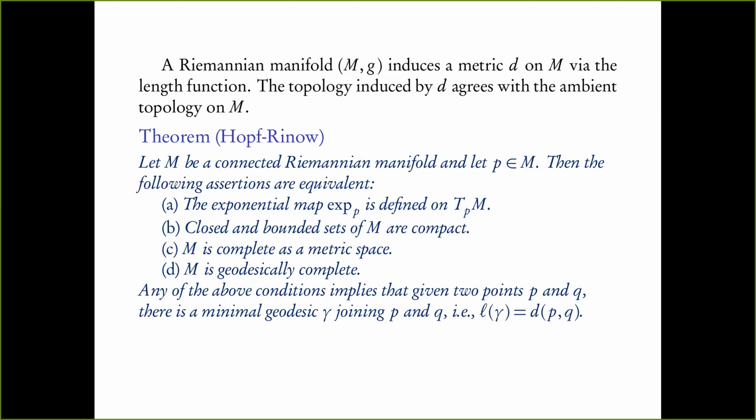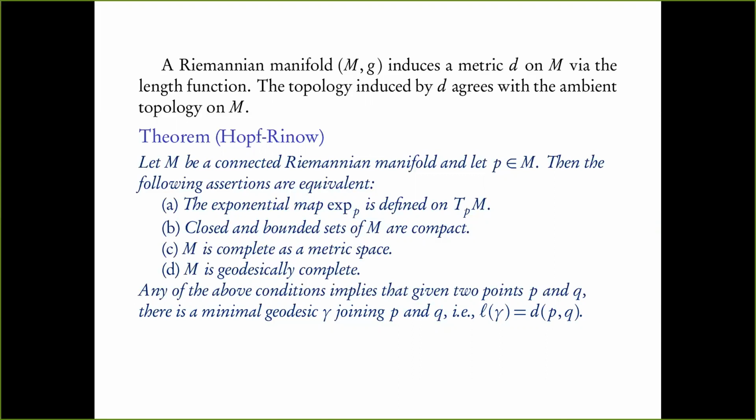The picture you should have in mind is if I give you the North Pole and the South Pole on the sphere, any of the half longitudes will join the North Pole to the South Pole. But you could go once full around the sphere and then go back. That's also a geodesic, but it's not minimal, because the length along that curve will be 3 pi, but the usual length is pi. So minimal means it realizes the distance. Typically there could be more than one minimal geodesic joining 2 points, but there is at least one. That's what any of the 4 conditions imply.